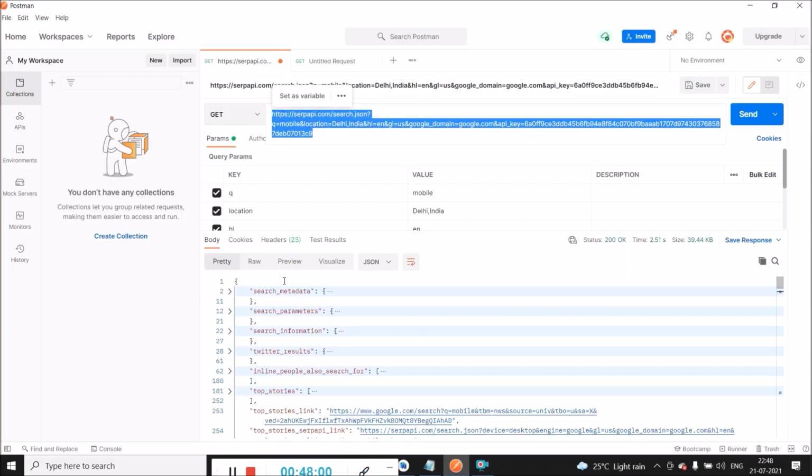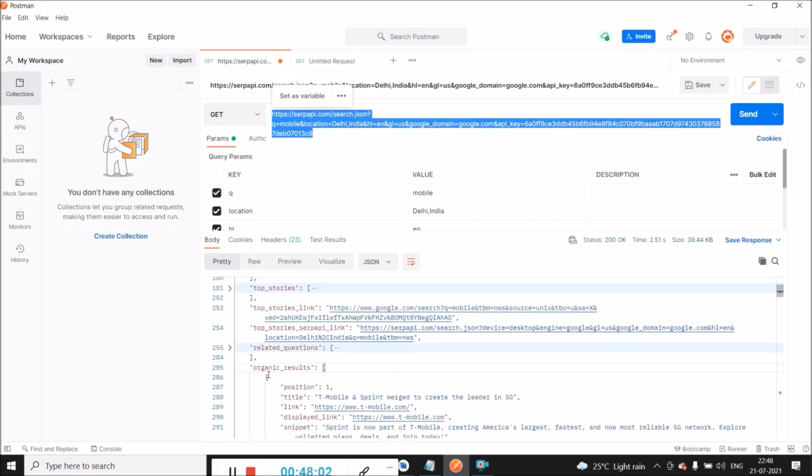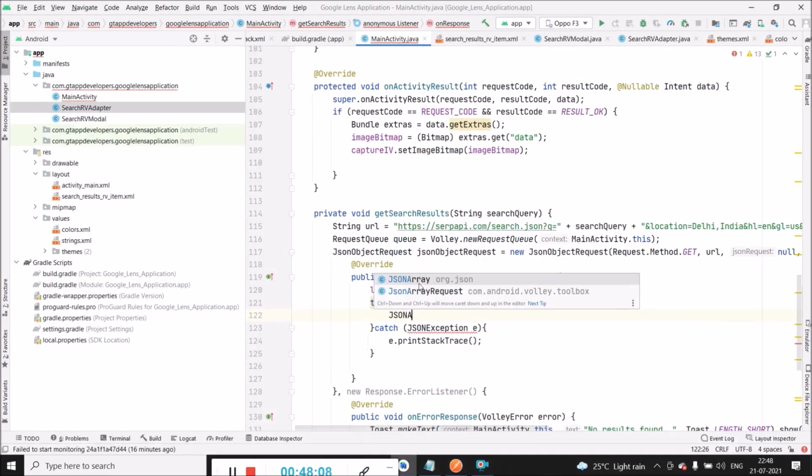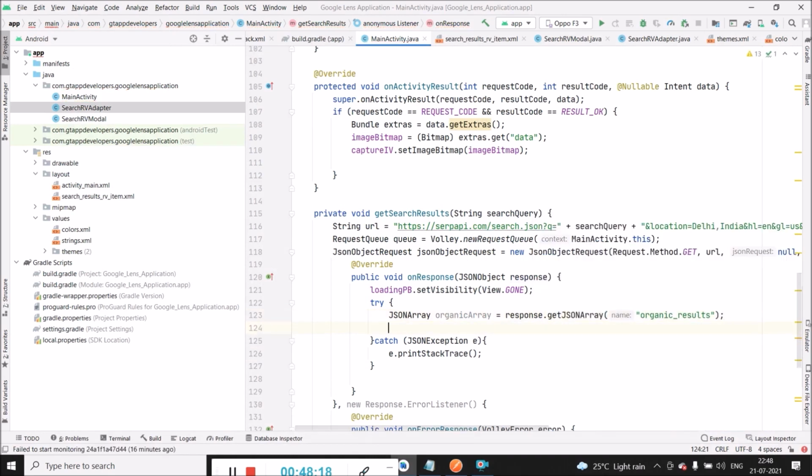Now inside the response, firstly we have to get this organic results JSON array. So we will copy this key and we will create a JSON array first. response dot get JSON array, and we have to paste this key, so we will get the JSON array, that is organic JSON array.